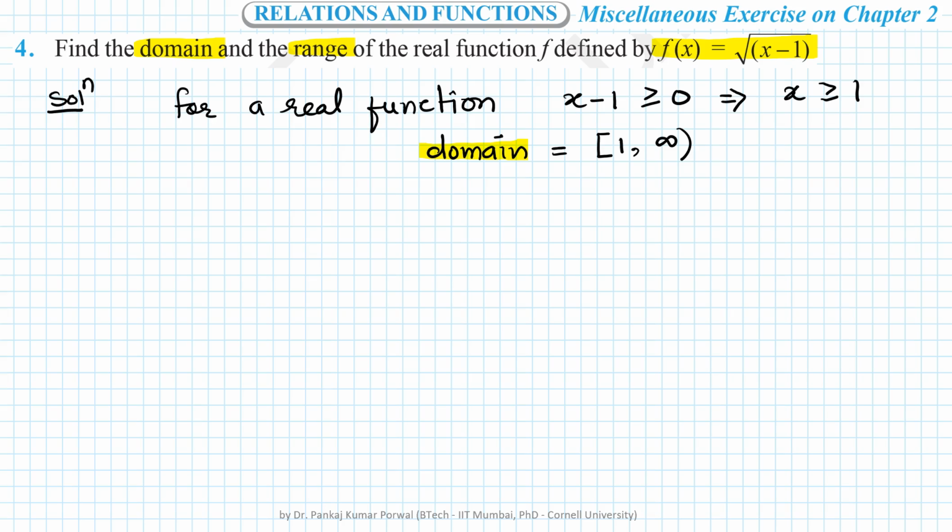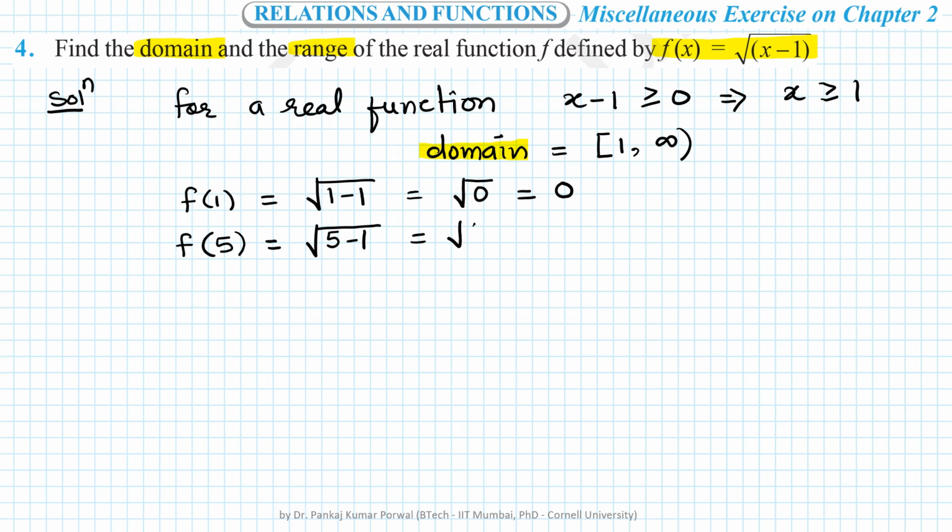So first I'll find f(1), that will be square root of 1 minus 1 equals square root of 0 equals 0. Next I'll find f(5) equals square root of 5 minus 1 equals square root of 4 equals 2. Next I'll find f(10), that equals square root of 10 minus 1 equals square root of 9